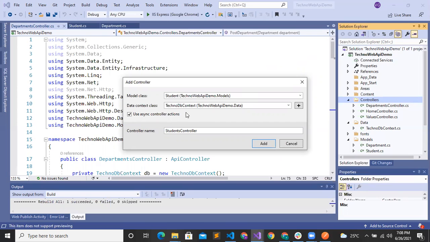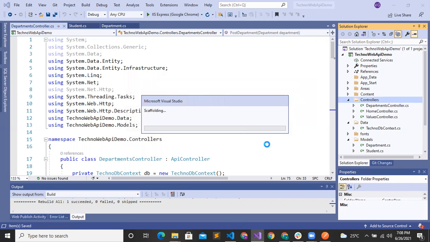And try to keep the same data context class for all the models in your application. So it will be easier for us to maintain the DB context classes. The controller name will be StudentsController. Click add.